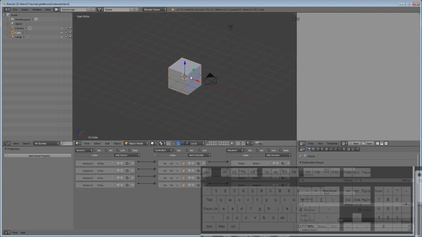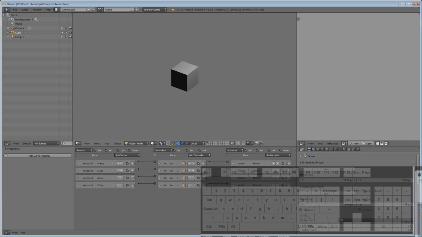Today I'm continuing on the basic game tutorial. So today we're going to refine some of the physics of our character object. We're going to add a floor for our player to walk around on, and we're going to add in some coins. Okay, so the first thing we want to do is right now whenever we play the game, we see